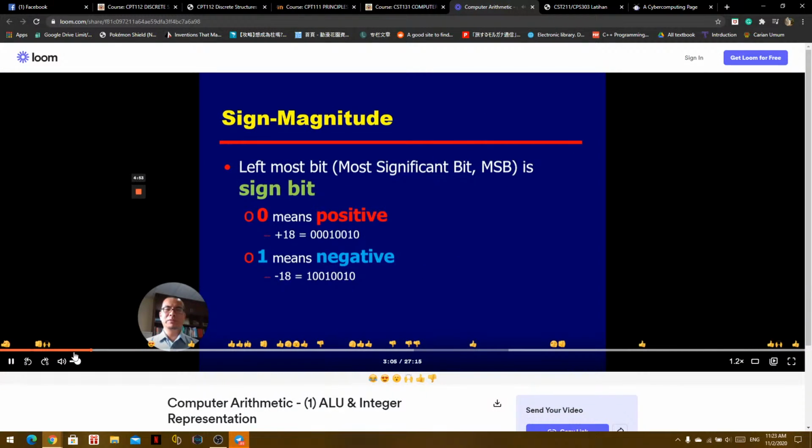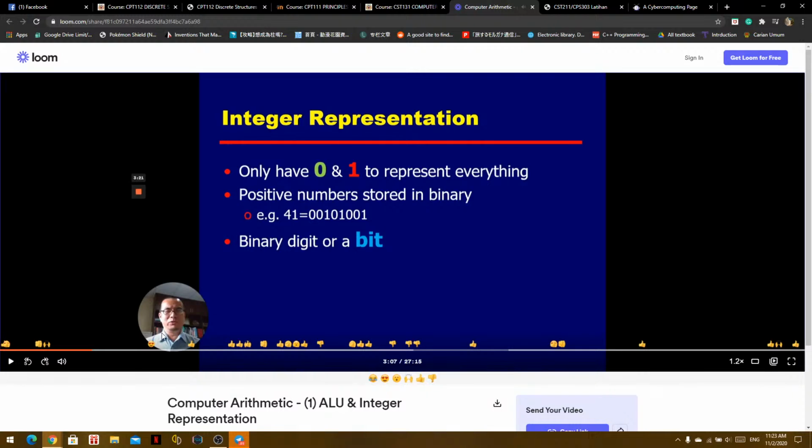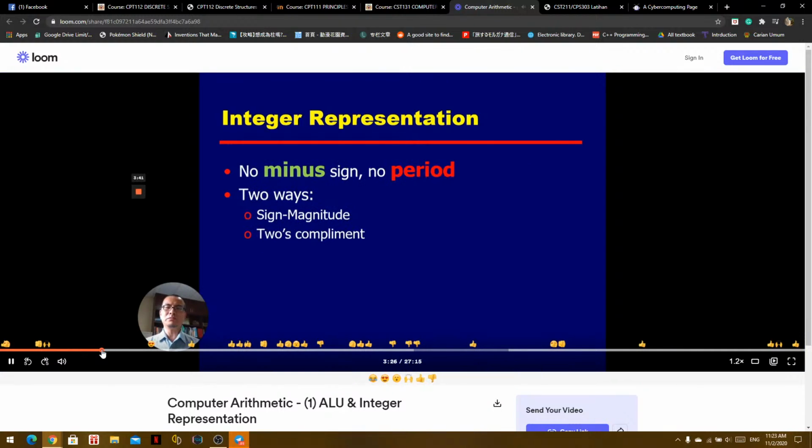So for example, positive numbers have to be stored as a binary value. For example here, the number 41 in decimal format will be represented in binary. Now, in an integer representation in a computer, there is no minus sign, meaning